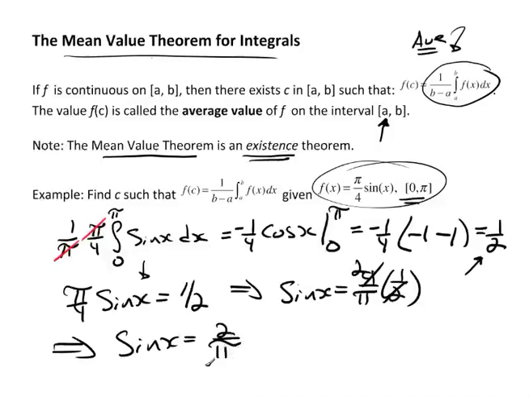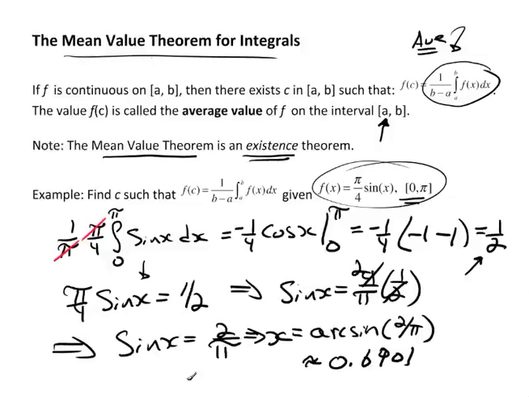Now, obviously, this is not a common angle, so I can't say, oh, that must be root 2 over 2, or x must be pi over 4, or something like that. This is not a common angle. So what I need is inverse sine, which I'm going to write as arc sine. That means that x is actually going to be equal to arc sine, the inverse function for sine, of 2 over pi. Now, this right here is the exact answer. If you put arc sine into your calculator or into Maple or some other computer program, you will find that this is approximately equal to